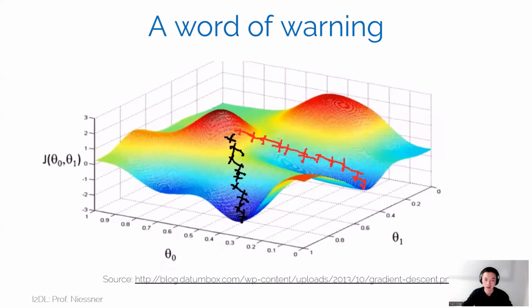But it's easy to get stuck in a local minimum, and then maybe it cannot handle new input. That means your trained neural network may not be that good on other data. So